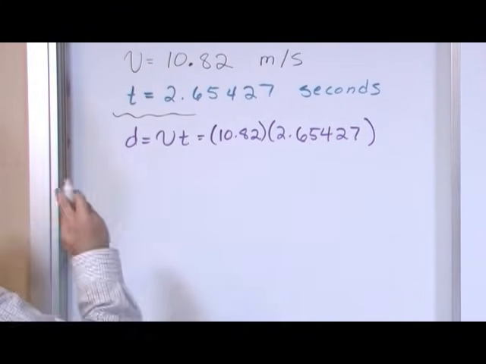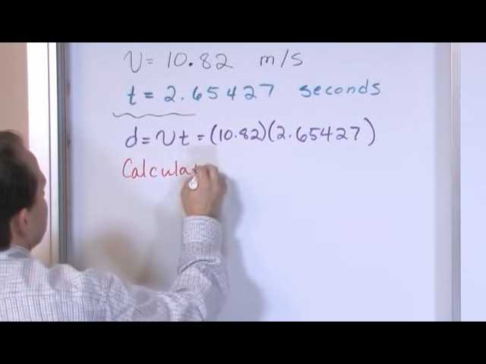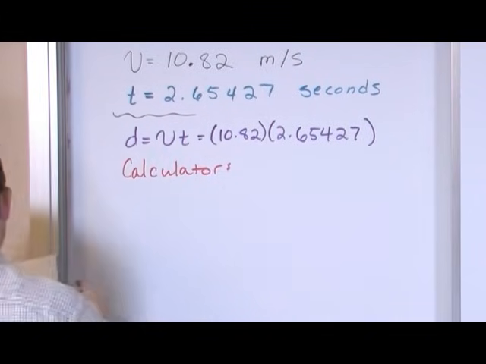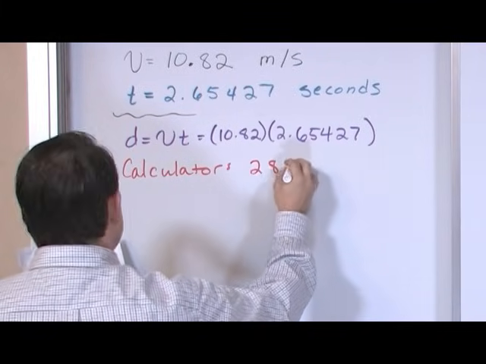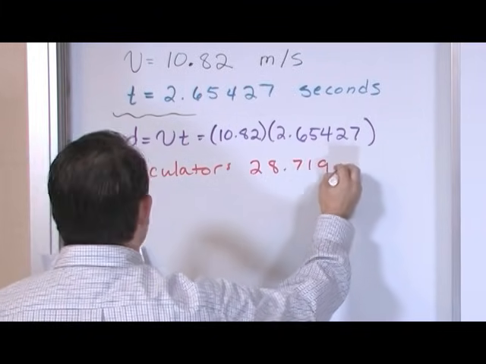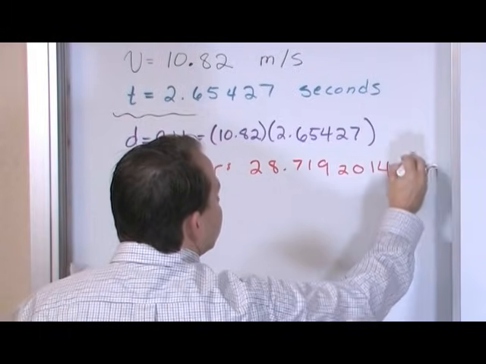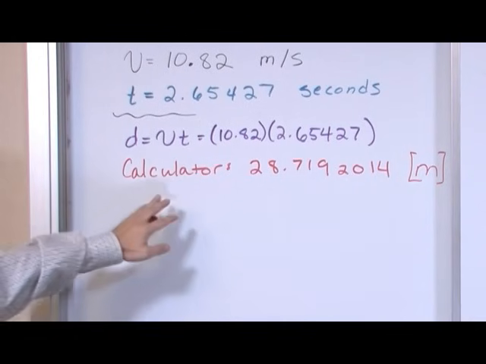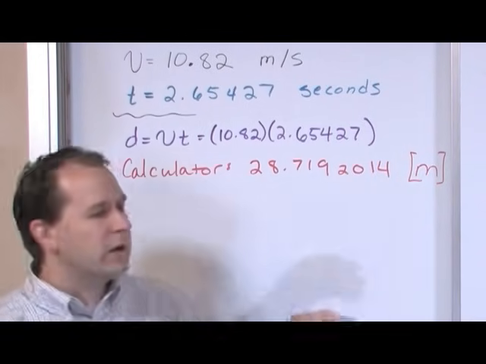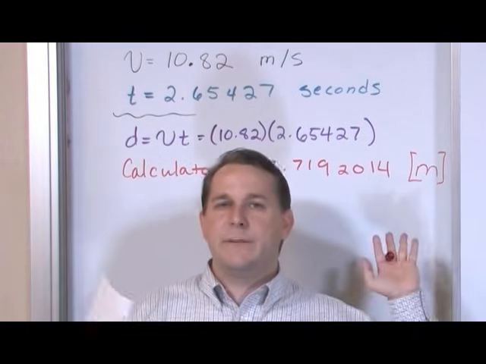Now, when I do this, what do I get? The calculator will give me the following thing. The calculator will give me 28.719214 meters. I'm going to put it in brackets so you can see it stands apart from the number. 28.7192014. Most of us, before we take a chemistry class or a physics class, that would be a perfectly good